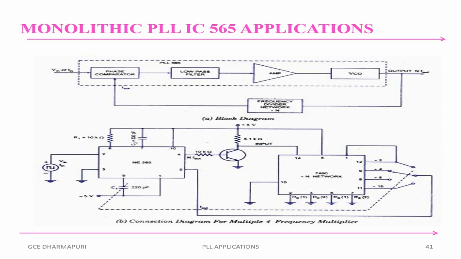So you can see a frequency divider network, divide by N, is inserted between the VCO and the phase comparator. So now my V0 is equal to N times Fs, where Fs is the signal input frequency. This means that the VCO frequency is a multiple of input frequency, the multiple factor being governed by the scaling factor of the divider.